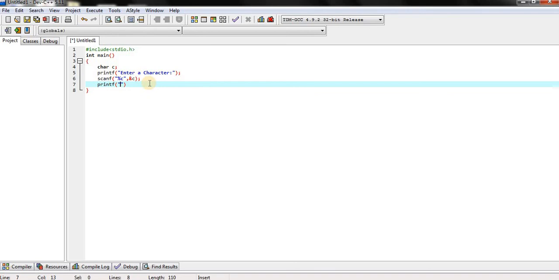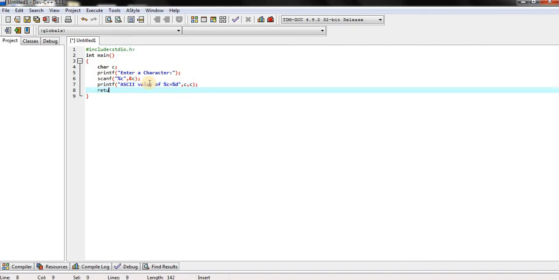Within the double quotes you mention what you want to display on the screen: ASCII value of %c equals %d, comma c, end of the line with a semicolon, and return 0.